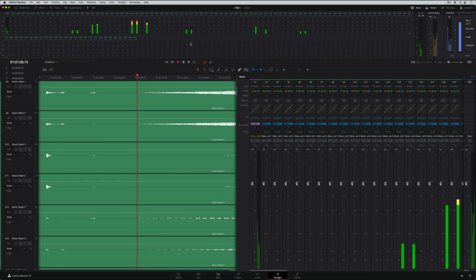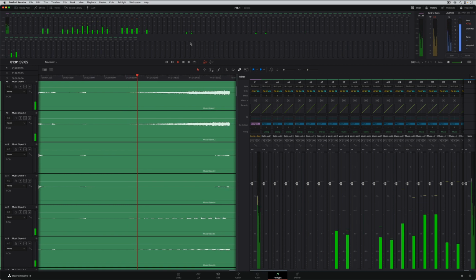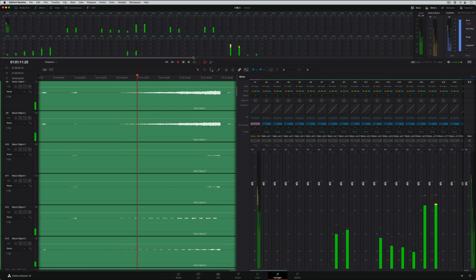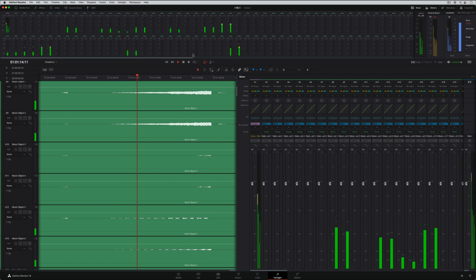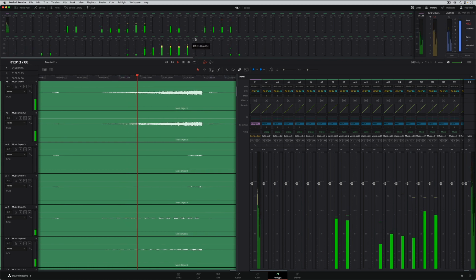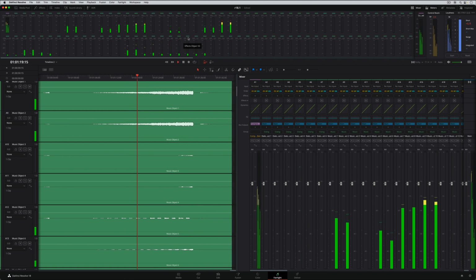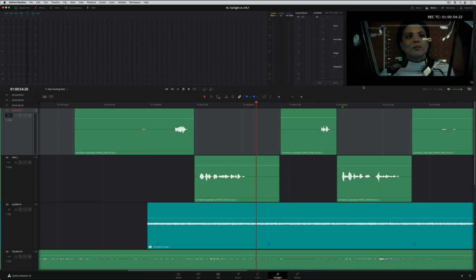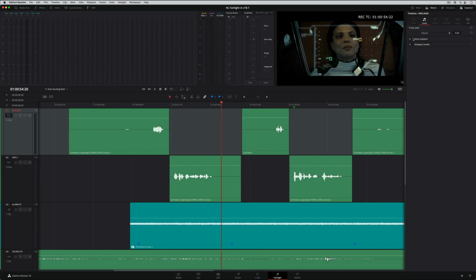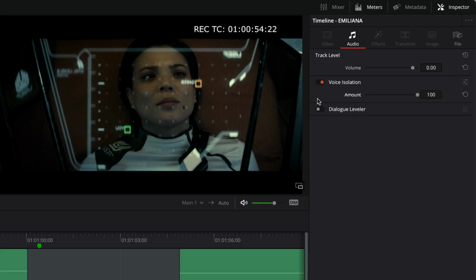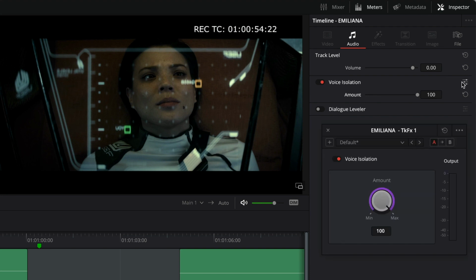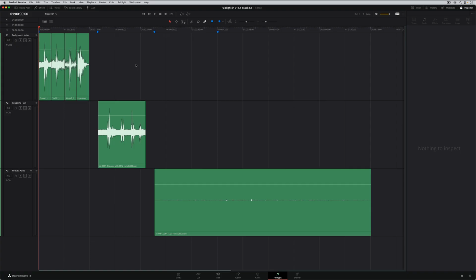DaVinci Resolve 18.1 is a major update for the Fairlight audio page, plus has improvements to the audio features in the edit and cut pages. These new features will help make professional audio workflows in the Fairlight page faster, easier, and more powerful than ever. Let's start in the inspector, where you'll find two new dialogue-based track effects for quickly removing background noise and improving dialogue levels. First is the powerful new voice isolation tool for DaVinci Resolve. Voice isolation is a DaVinci Neural Engine AI-based effects process that instantly recognizes and isolates the human voice from background